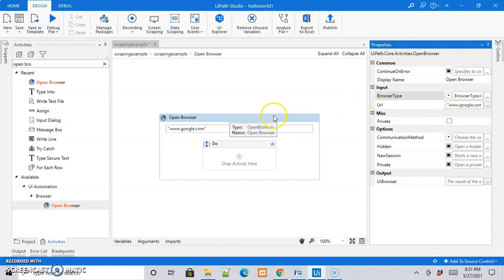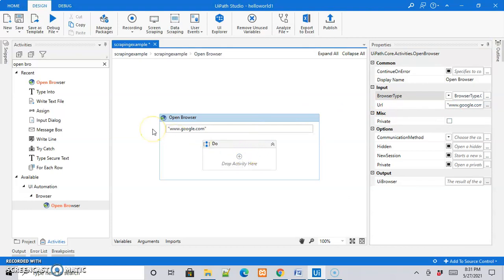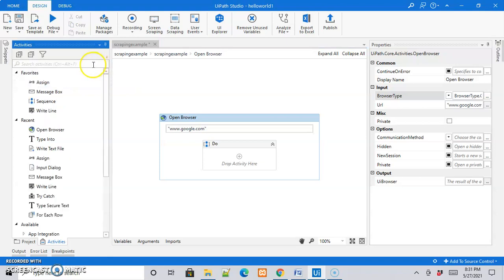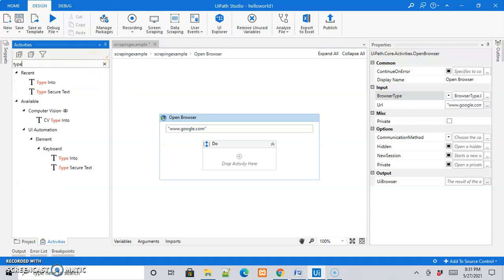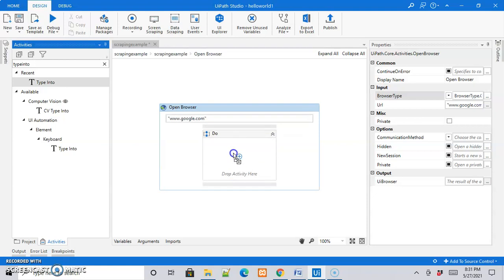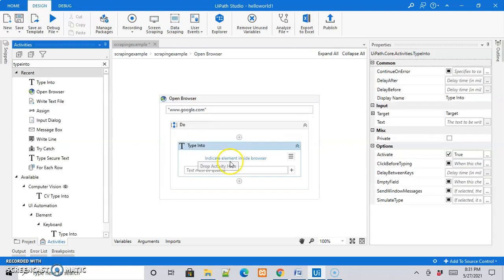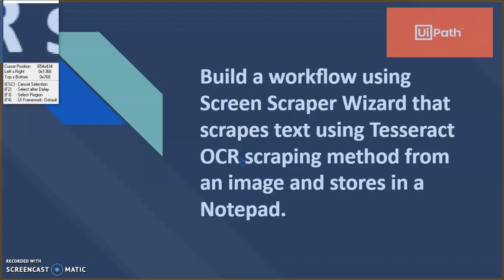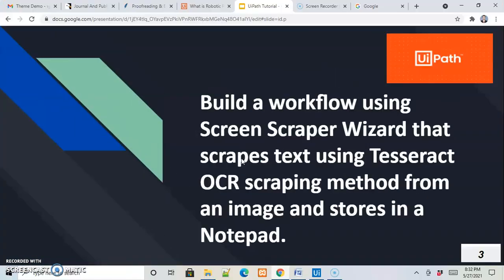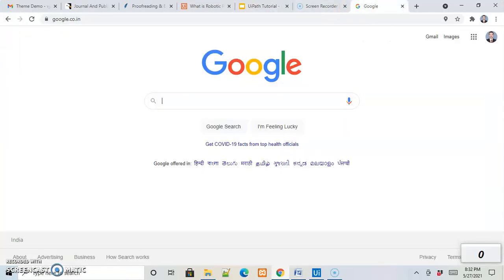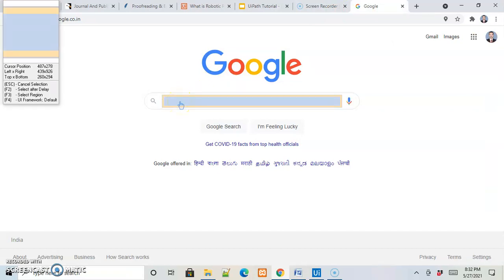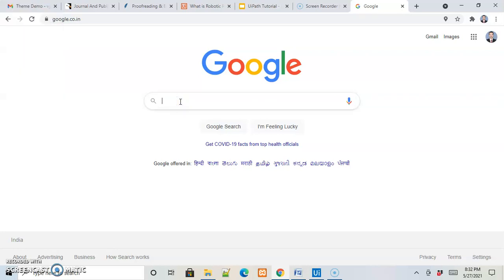Then once we open up the browser, the first activity that we should be adding here is the type into activity, so that we can type into the Google search bar. So let us add it here, and it will ask you to indicate it on the browser. So this is our Google, and this is the search bar that we would like to select through UiPath. So let us select this,